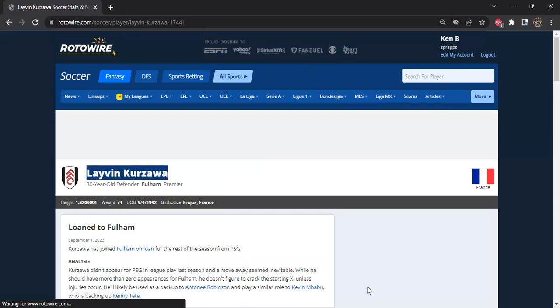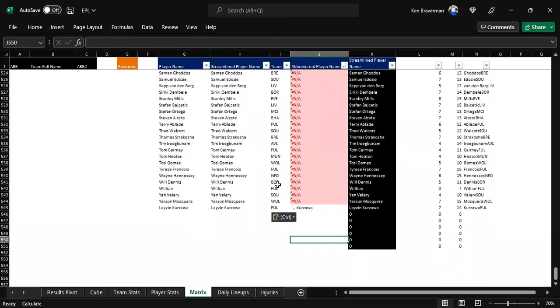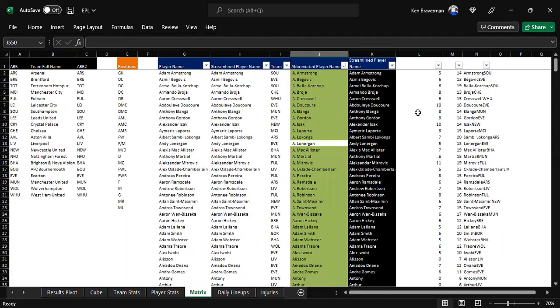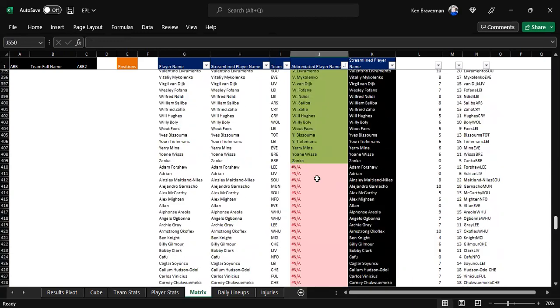Fulham. And then add that name right here. Okay. So now we've done a lot of lineup work. And now there are some formulas in here related to the abbreviated player name. So one thing you can do is you can see where all the names stop and where we haven't matrix